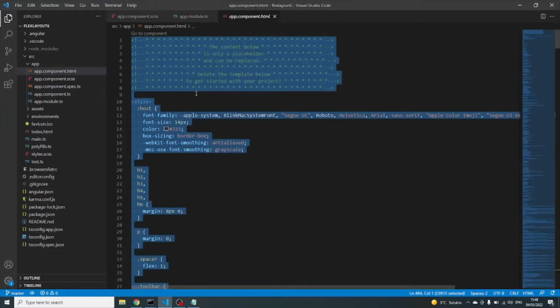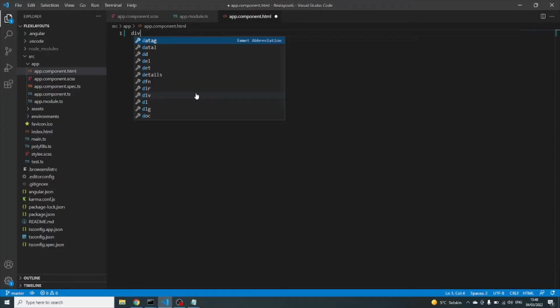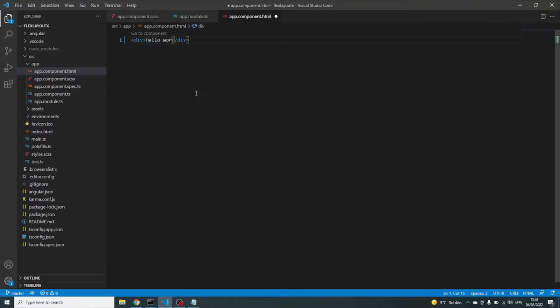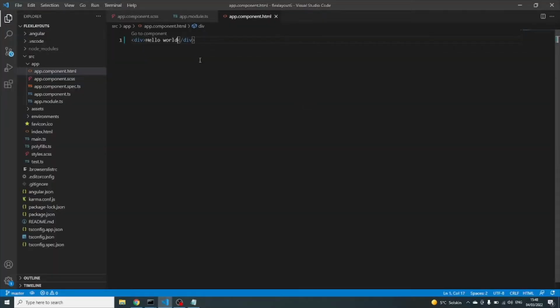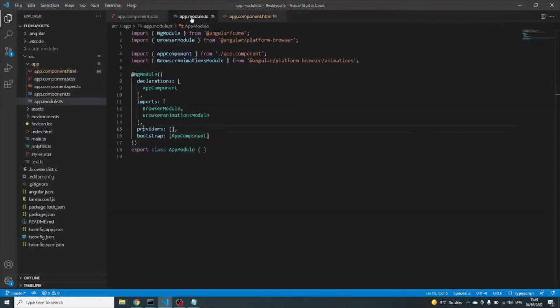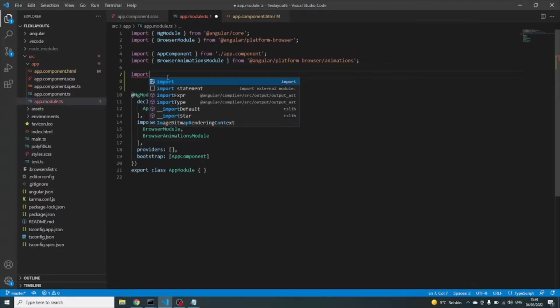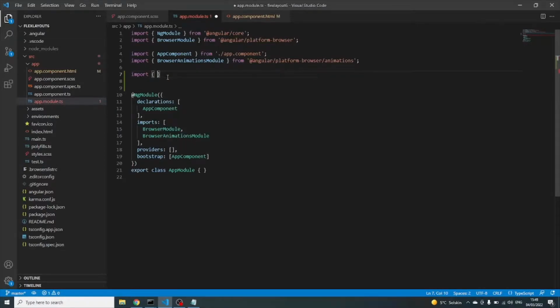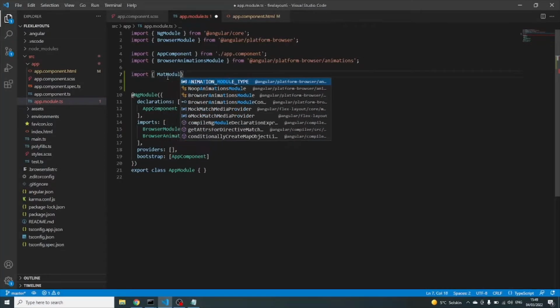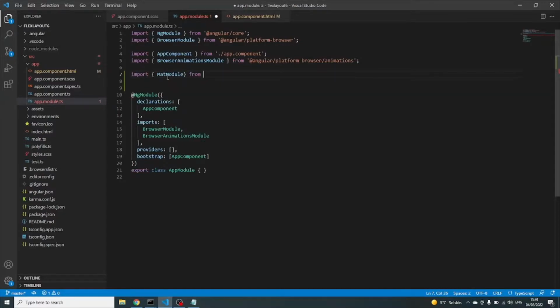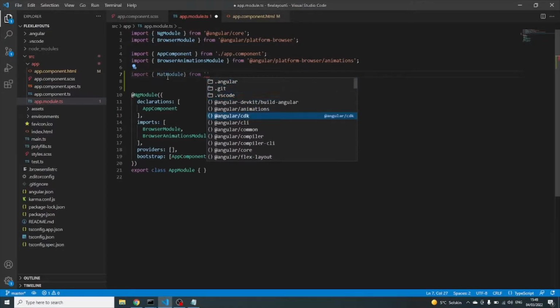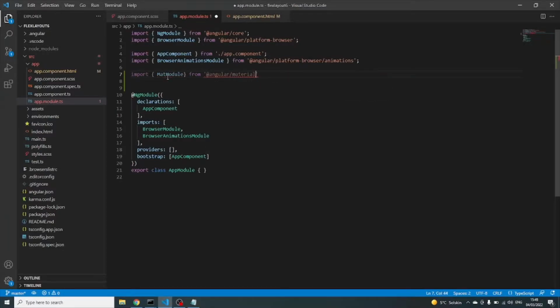So first of all, let's delete this code and write div hello world to see if my application is really working. Yes, it's working very fine. Thank you so much. And now let's open the app.module because I'm going to add some components. So first is import MatModule from Angular Material. Okay, so